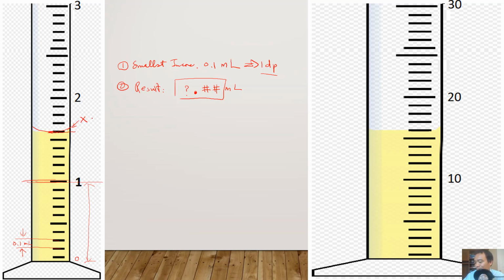Not this one. It's the lowest point that you read, okay? So in this situation, let's read this. Each one represents 0.1. So 1.1, 1.2, 1.3, 1.4, 1.5. It's almost 1.6, but maybe a little bit below 1.6, right? So in this case, you're going to read this as 1.59